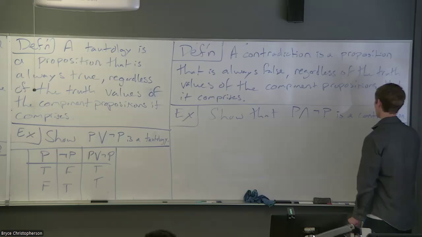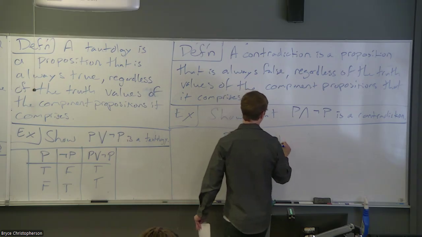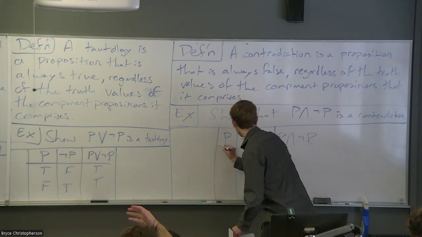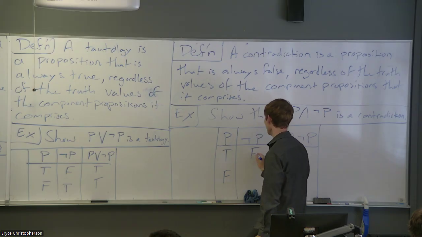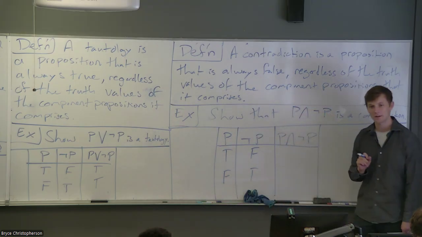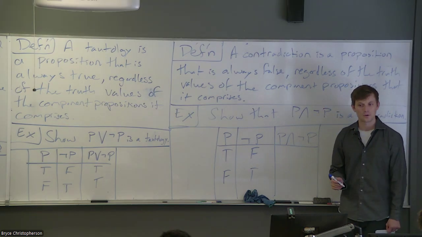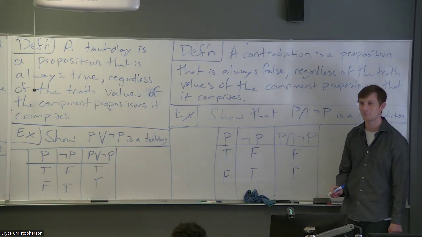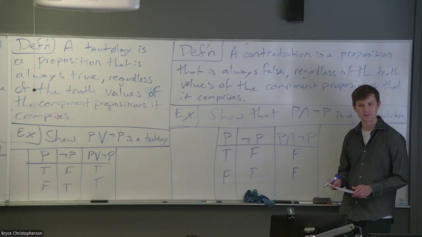Let's show it. So truth table. Okay. P, you got P and not P. Across, across, down. True, false, false. And is only true if both things are true. Do we ever have two T's in a row? No. So false and false. It is false no matter what the value of P is. Cool. Okay. Contradictions, tautologies, fancy words for always true or always false.